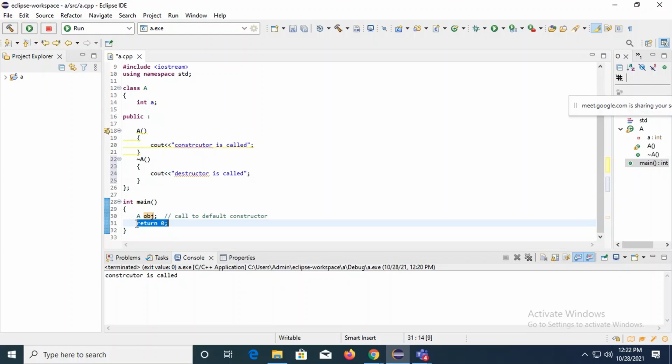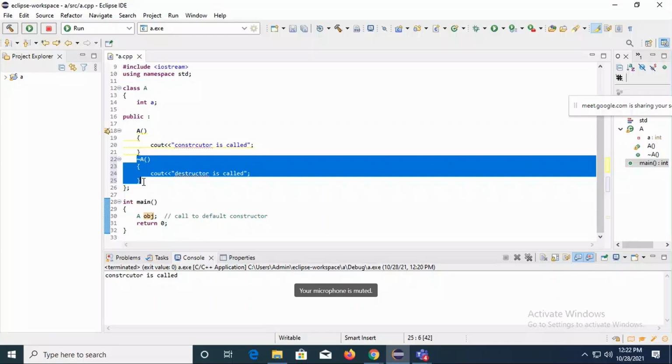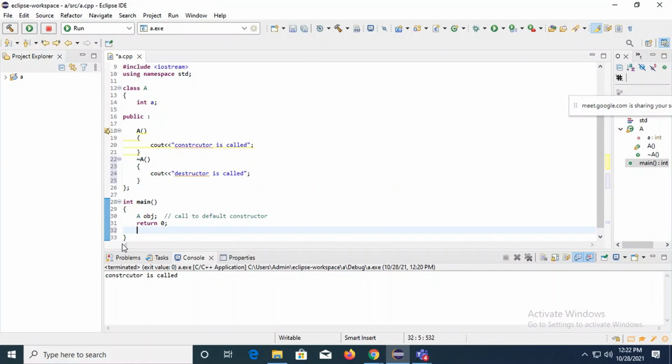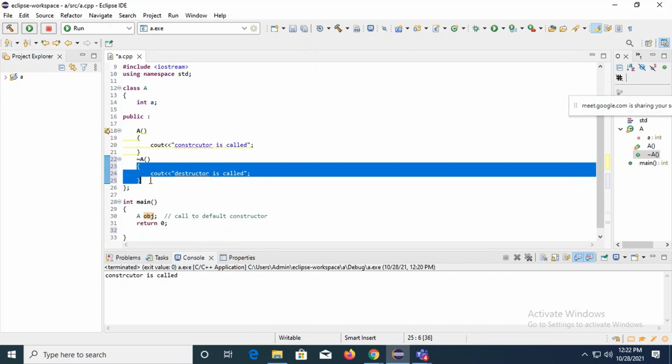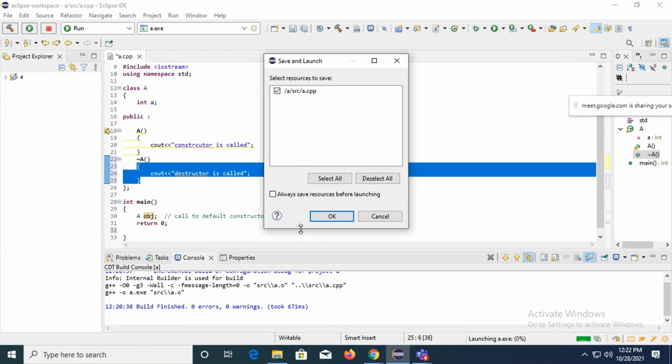So यहाँ पे आपका OBJ का scope खत्म हो गया. It is ended here. Immediately, compiler will search for the definition of a destructor. So I had written the destructor, और यहाँ से control बाहर आने से पहले, meaning coming out of the scope of this whole main body, the destructor will get called. Now what will the destructor do? Whatever the memory was allocated by this constructor, it will deallocate that memory. Fine. Let's try to execute it. See, firstly, constructor is called, and next, destructor is called.